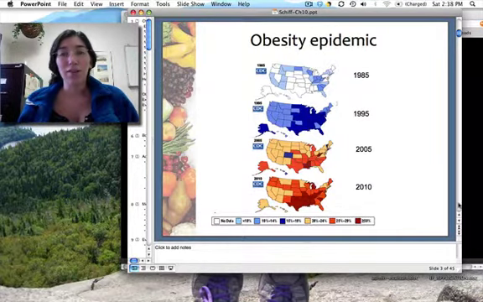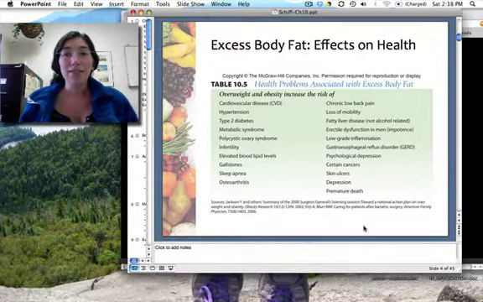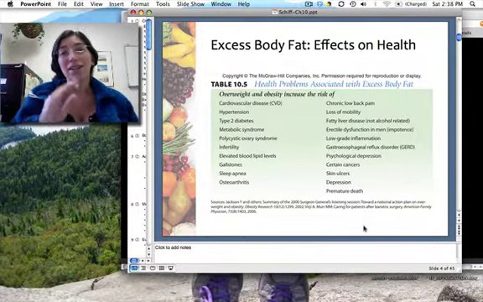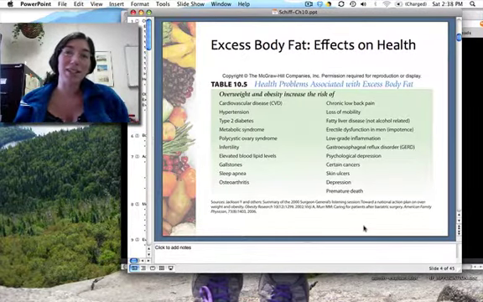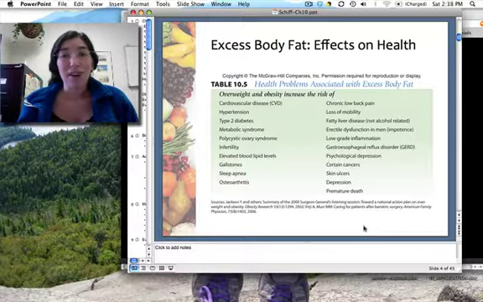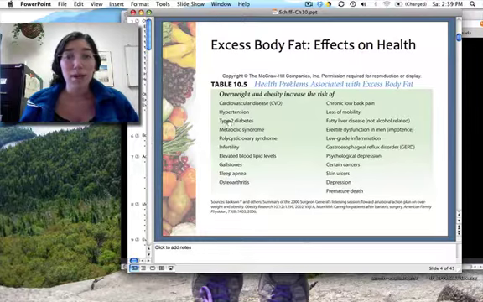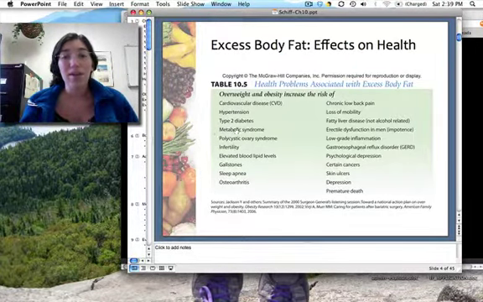So it's a major, major problem, and we call it an epidemic because obesity in and of itself is not really a disease, but it increases your risk for several chronic diseases, including some of the major killers: cardiovascular disease, so heart attack and stroke; hypertension, which can lead to cardiovascular disease and stroke; type 2 diabetes, another major killer; metabolic syndrome, which is sort of a combination of several of these;